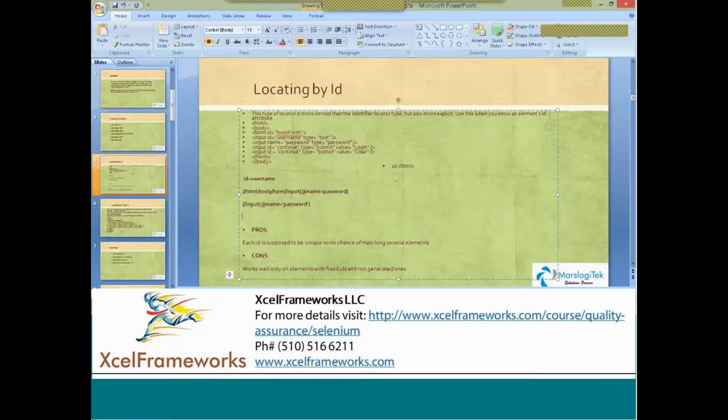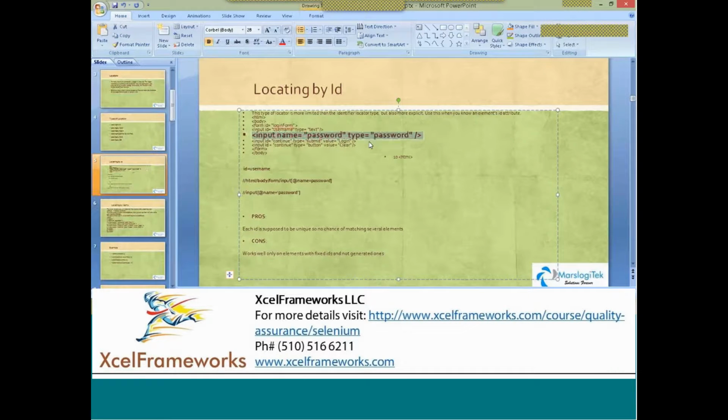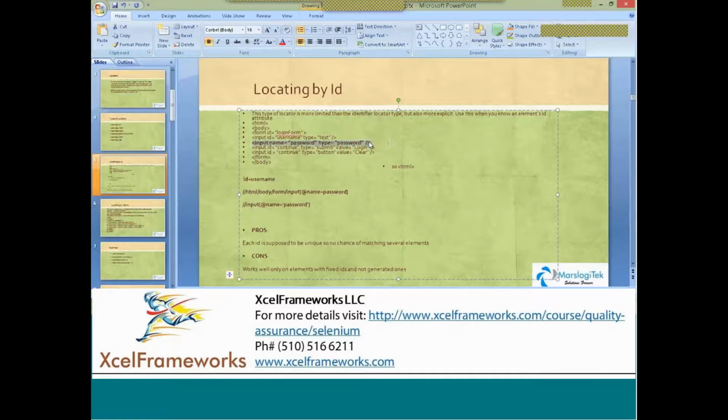But another technique is, if you know the attribute, I know the attribute here, name, password, I can directly say // input, name, and then I can use password. What happens here is, in the whole HTML source code, it will search automatically for an input, wherever input is there, and then that input name should be password. Wherever the input name is password, it will try to invoke. If you look at this example, this is where the input name password is there. Correct, right? Okay, this is the one. So it's going to highlight this. In the background, it's going to pick